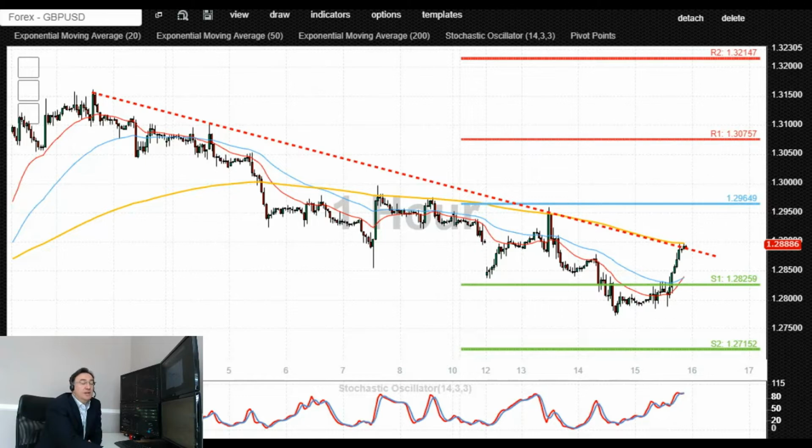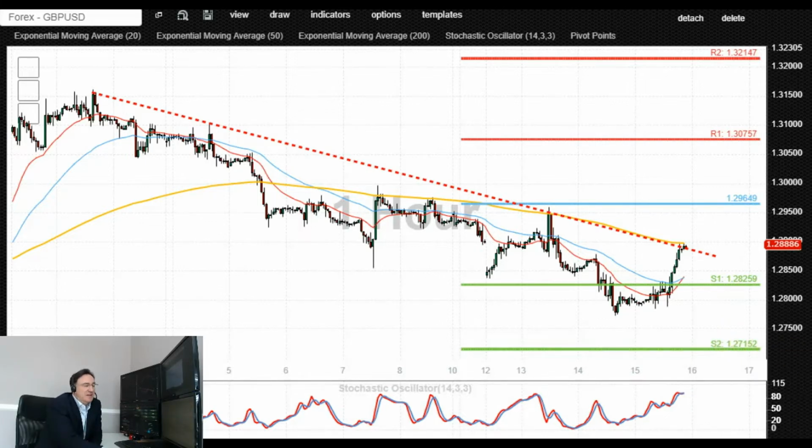Alternatively, bears appear to be in complete control below that 1.29. Controlled pullbacks in the direction of this prevailing trend are initially supported by 1.2825, 1.28 to the downside. Confirmed loss of that level and a retest of that level from underneath as newly found resistance could open up the way for the retest of